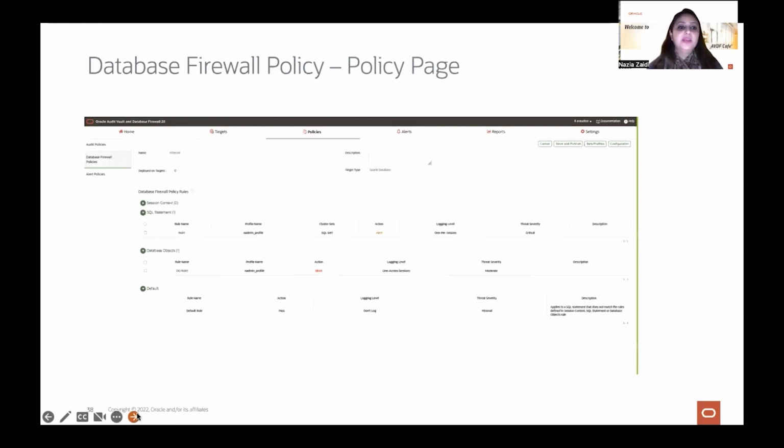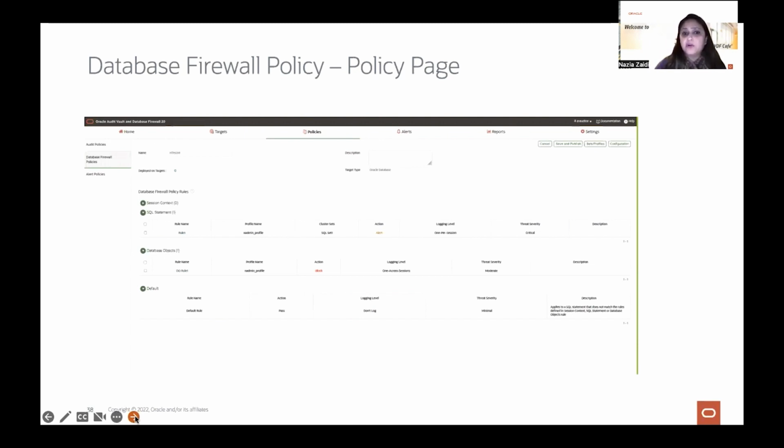Yeah, thank you. So here again, when you are defining a database firewall policy, you have to go one by one horizontally and click on the rules. Unless you click on that particular rule, you don't know whether a rule is there under that condition. Is there any rule defined under that category or not, or how many rules are defined? We have changed that view as well. We have made it vertical, and wherever there is a rule defined under that particular category, by default we are expanding it.